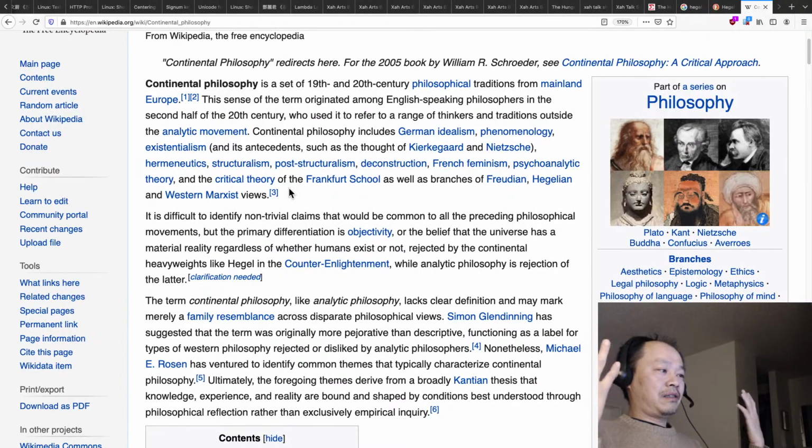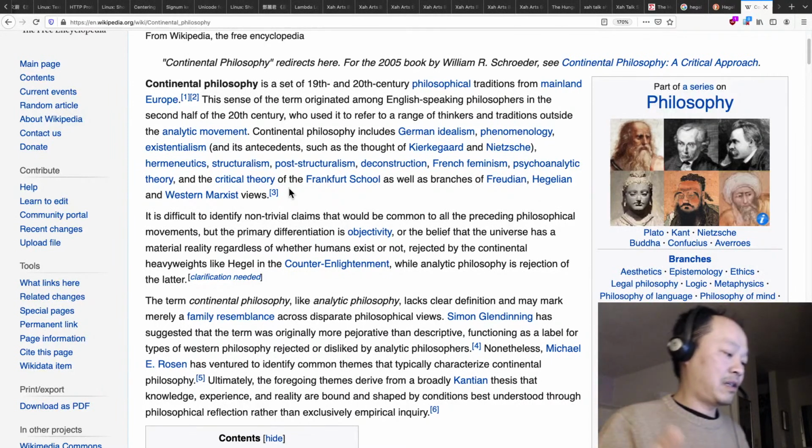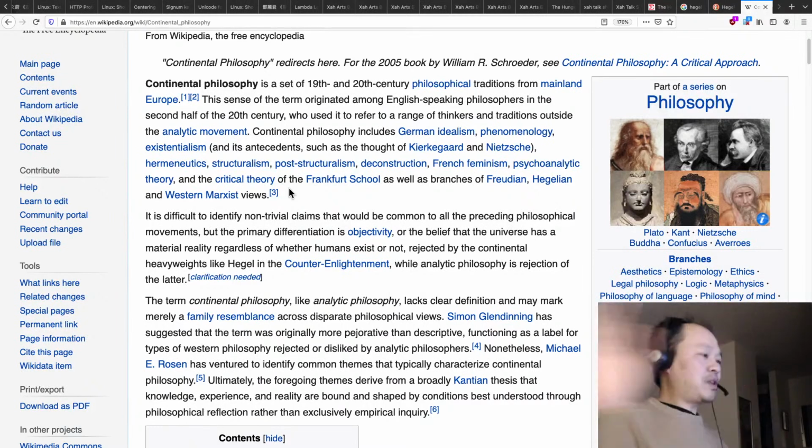I would say continental philosophy is the root, depending on how far back you want to trace, of all the fuck up. In general, these philosophies distance themselves from science, from anything science. They don't want empiricism. They don't want experience. They don't want verification. Verifiable. They don't want none of that.